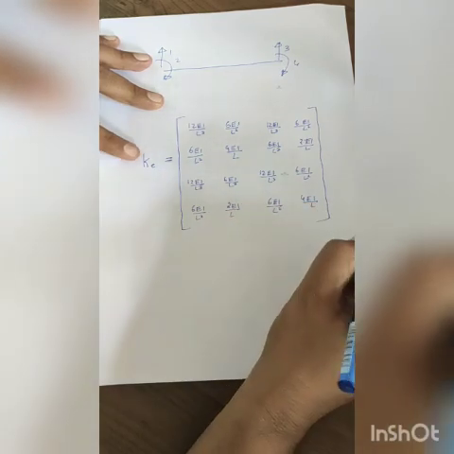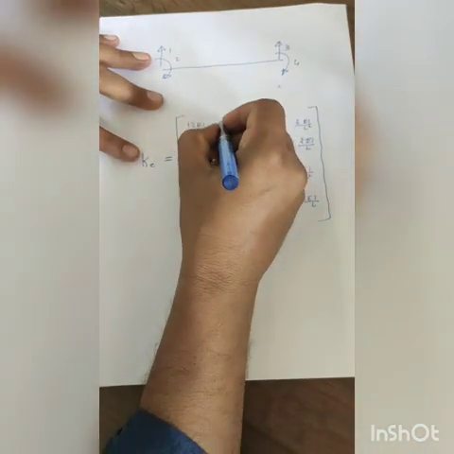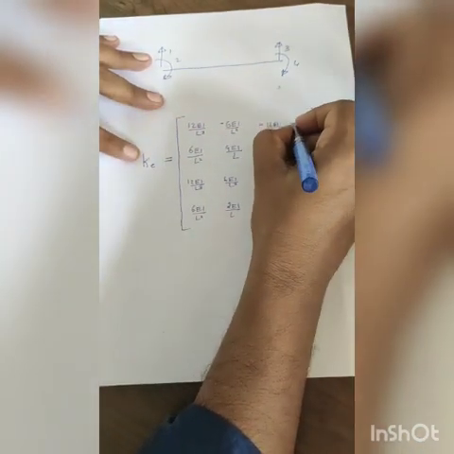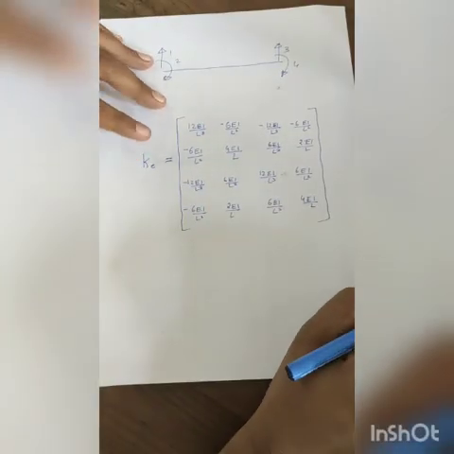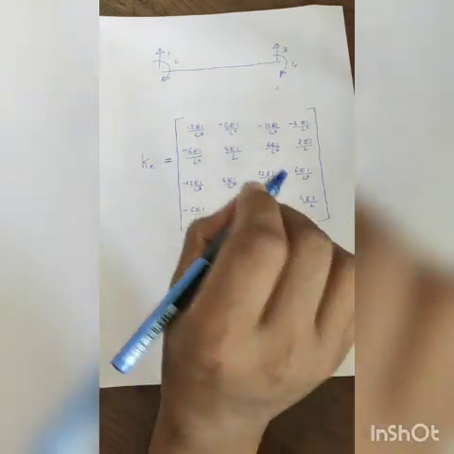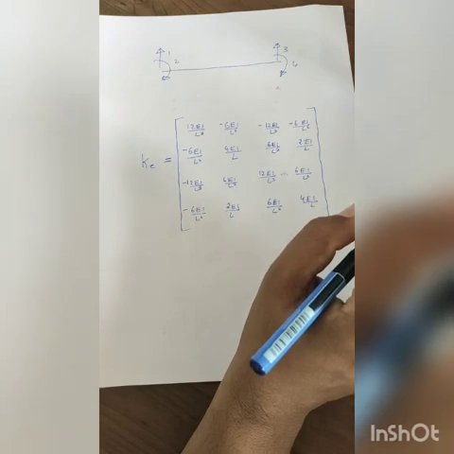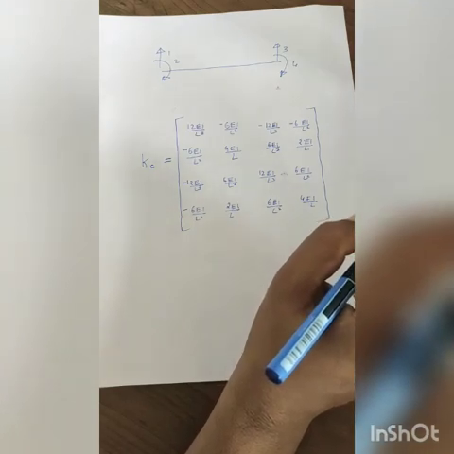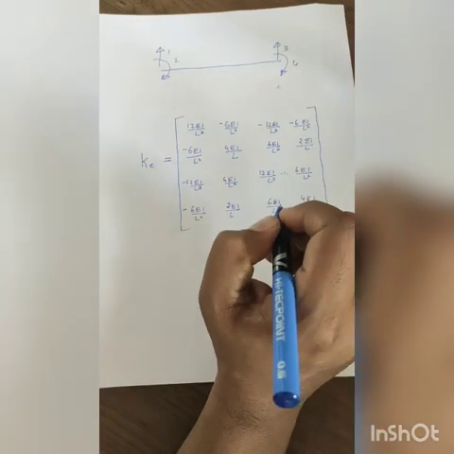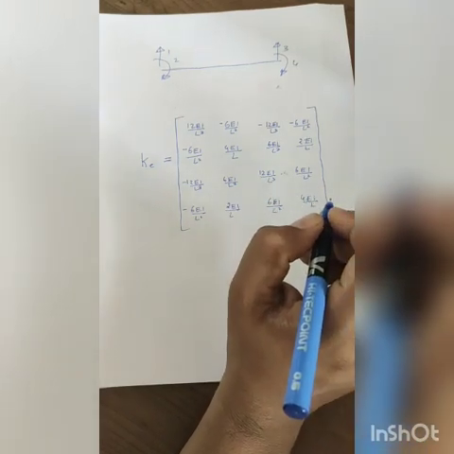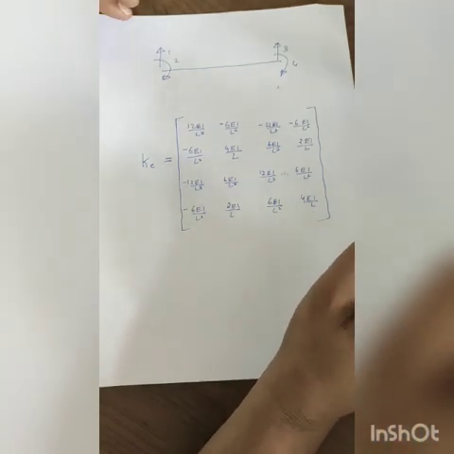So the magnitude of the stiffness matrix is now clear. Now we have to fix the negation. So this is negative, this is negative, this is negative, this is negative, this is negative, this is negative. Others are all positive. So with that we are winding up the formation of the element stiffness matrix for a beam element considering 2 degrees of freedom at each node, which is required for solving the problem. So with that we are winding up this session. We will discuss other things in the later sessions. Thank you all.